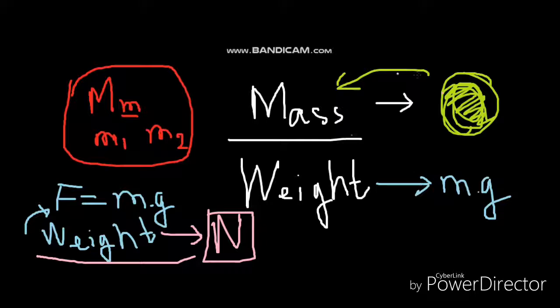So the mass is a constant and the weight is not a constant, because we have two factors here. One is the mass and the other is the gravitational acceleration. The mass is a constant, so the weight doesn't depend on this. So this will depend on the gravitational acceleration. And gravitational acceleration can change with place and with time. So from these two factors,